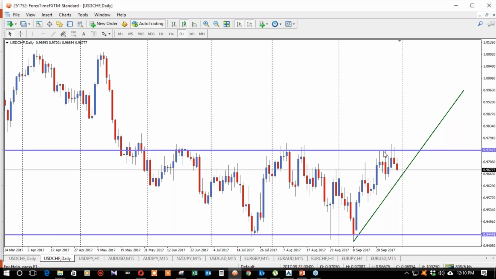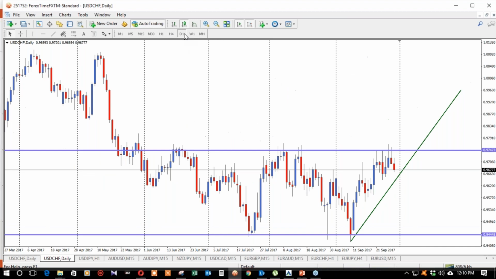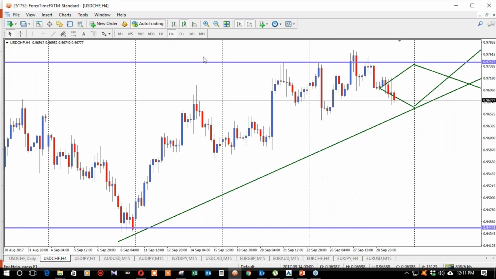Unaangalia eneo ambayo price imegusa sana. Unaona hata hapa vimechemuko, hapa price ime test sana. Expectation yetu ni kwamba the price inaweza ikafanya hivi, ikagonga hapa ikaenda juu, au ikaja ikagonga hapa, alafu ikashuka chini. Among the two, one iko valid, lakini eventually we cannot make a decision mpaka tuje